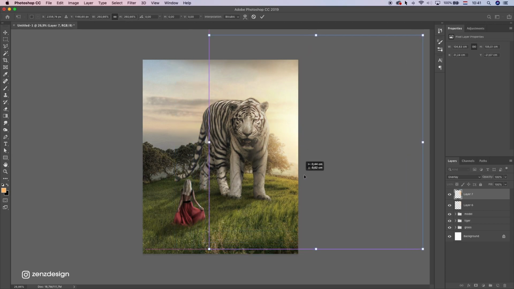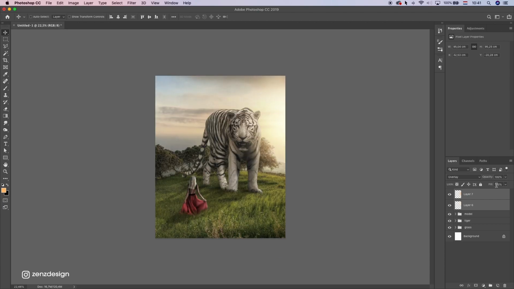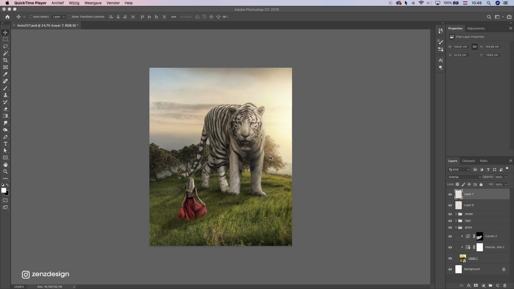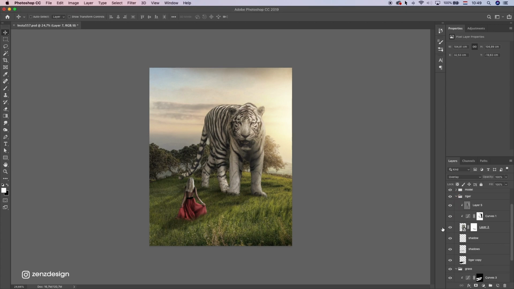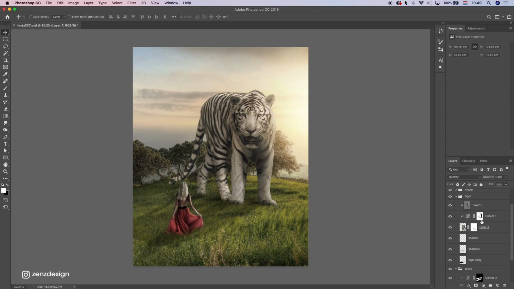I don't want to have too much, just a little bit of extra. So this is without those, and this is with. So we have some nice lighting going on there. All right, I'm gonna do some final corrections here. So I think this side of the tiger can be even darker. So I'm just gonna select the curves layer here and bring this slightly down, so we have a little bit